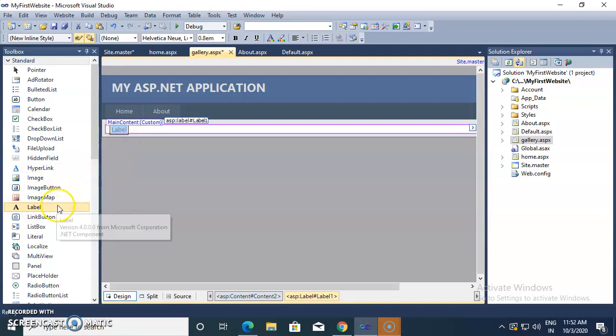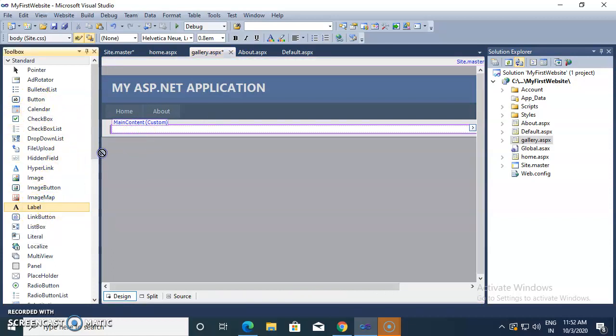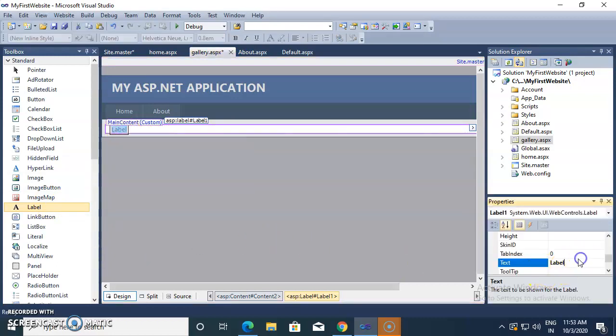By using drag drop option, you can add controls on your web page like this. I am adding one label, and if I want to change the text of that particular label, I am giving this is gallery page.